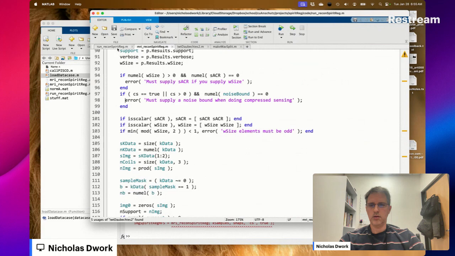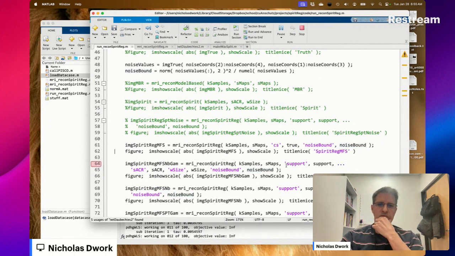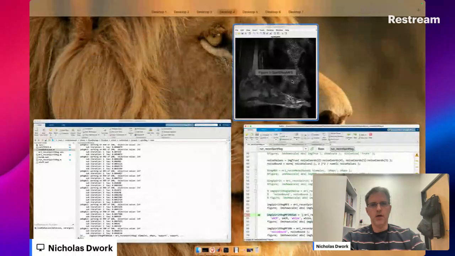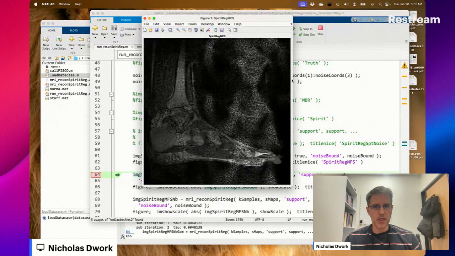Okay, so that's model-based reconstruction with compressed sensing and our noise bound, and it's bad, but